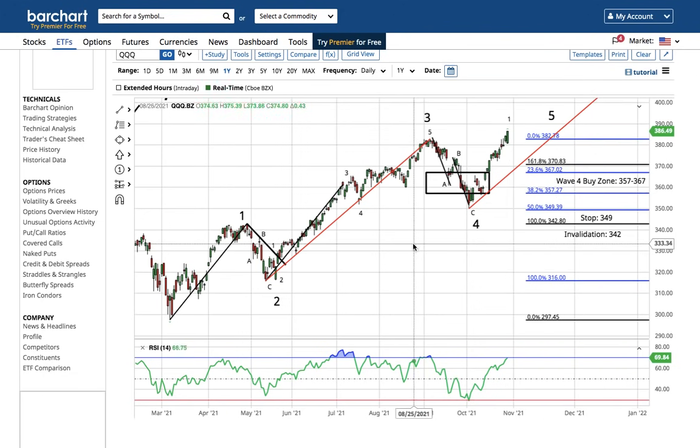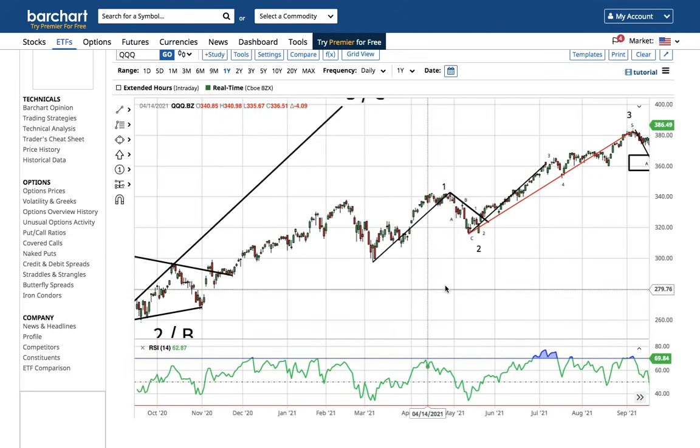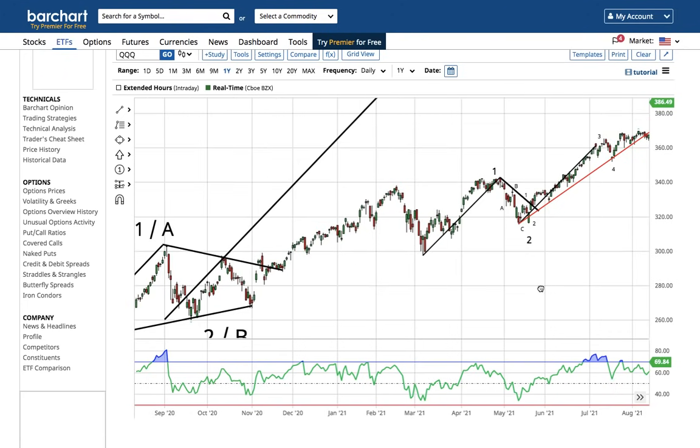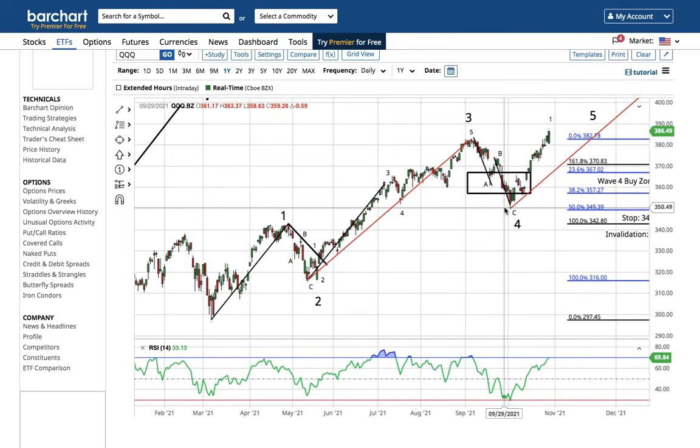It's important to note, my subscribers hypothetically are in the driver's seat, okay? It's not like this is the first time that we've thought the Nasdaq was going to go up. We were bullish here, we were bullish here, we were bullish here. What's probably going to happen is that this is a wave 5 in progress. This is wave 1 of wave 5.